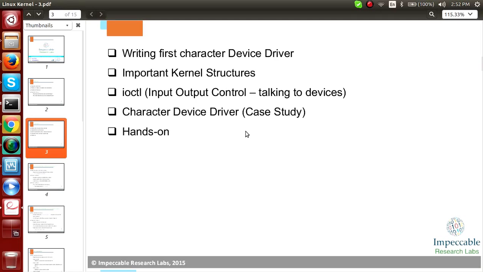For a character device driver we can take any case study, but today we will just try to create a device file from a character device, how to create a node in slash dev and what it means. It will not give you the exact device driver overview, because the device driver class will later focus on writing interrupts for the same.